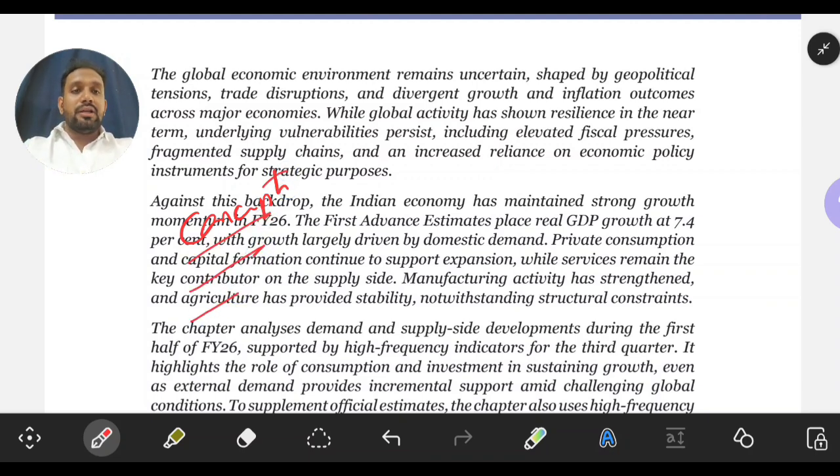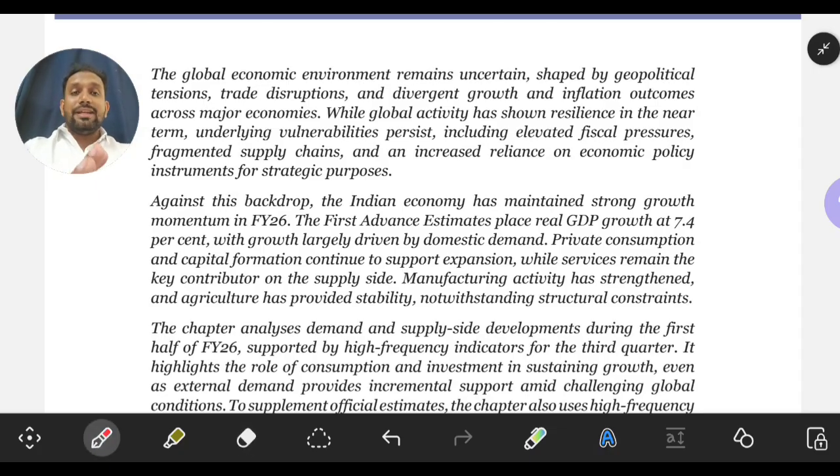With that, what will happen? In the MCQ in the prelims examination, one statement will be given as what I say is that concept. The second statement could be given as whether the capital formation has increased or decreased, whether the inflation has been steady or not, what is the performance of our Indian economy with regard to the global economy. So they can ask you one statement like this, one statement like this, so one factual, one static. That's why we will cover the economic concepts, with the help of which you can study the economic subject very properly, and you are well prepared to go for the examination. Let us start our discussion.